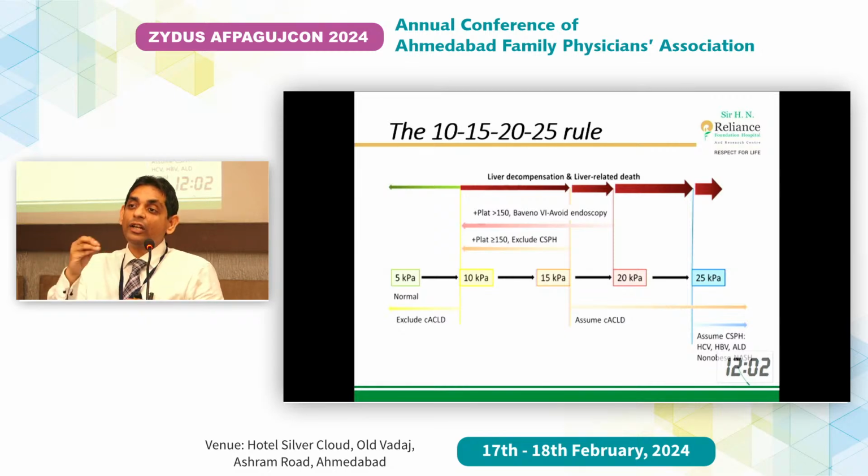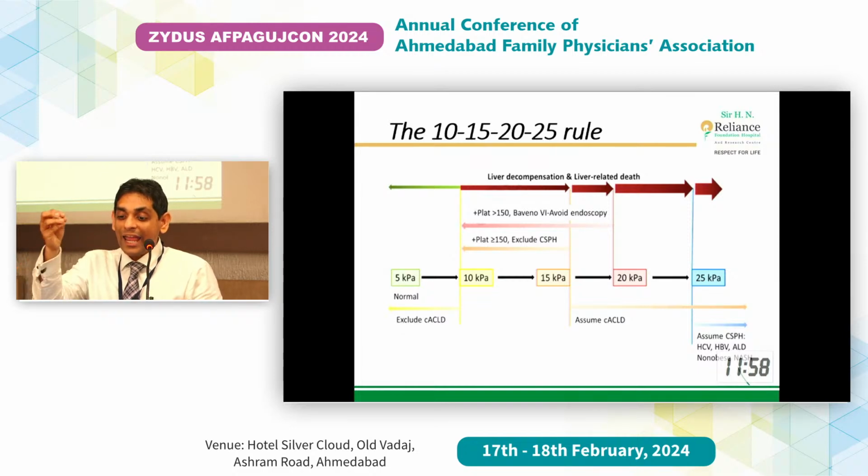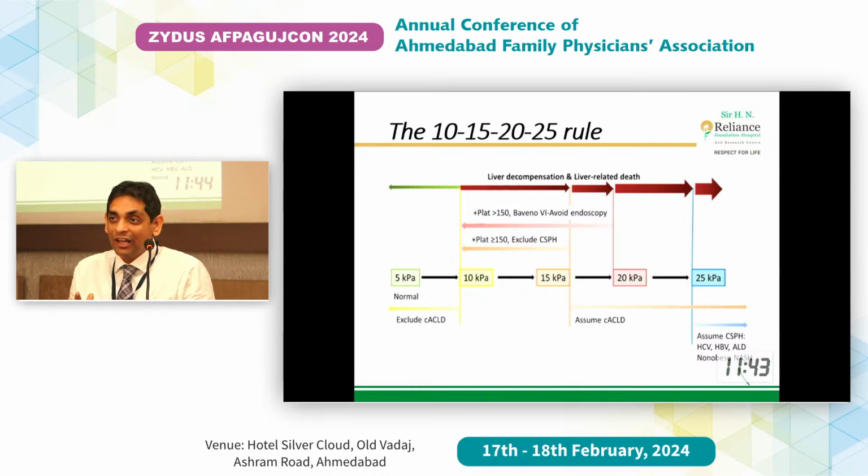But suppose I do platelets, I do APRI score, I do FIB-4 score and add to this, I know that the risk of bleeding is going to be very less. So it's very important to see the age, SGOT, SGPT, look at the platelets because you can calculate APRI score, FIB-4 scores. Along with that, if I have a FibroScan value, I may help in telling the patient, I am okay with you not doing endoscopy as of now, because the risk of bleeding becomes significantly lesser.